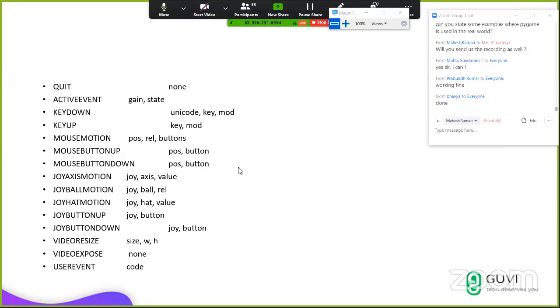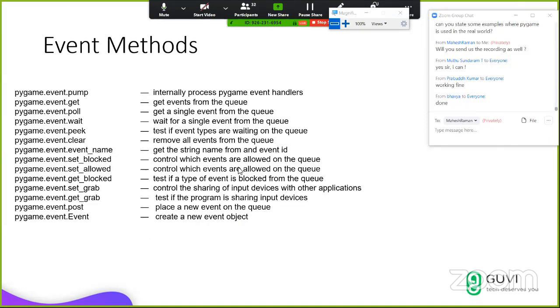Okay, it has nothing to do with the Pygame module. If you are a game developer, your first step after learning the logic will be the events. Okay, this is the first step. Then the next step is the event methods. I press the event, what should happen is the question. So whether the event is blocked, or you want to get it, or you want to post a new event,